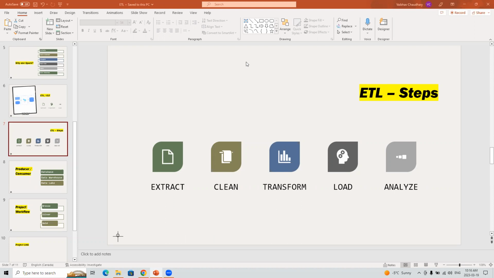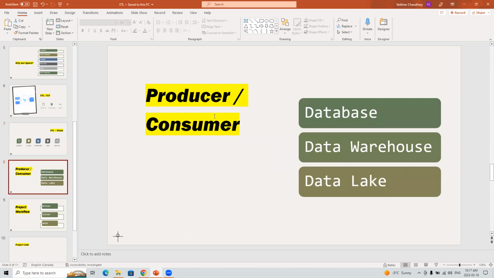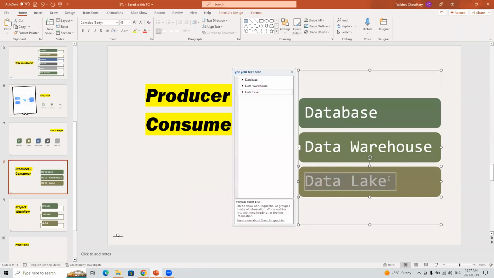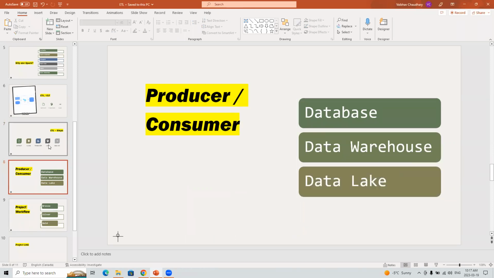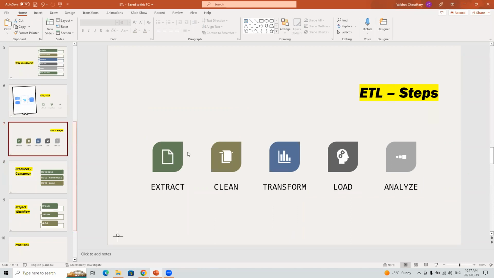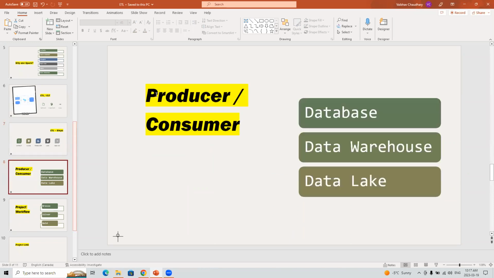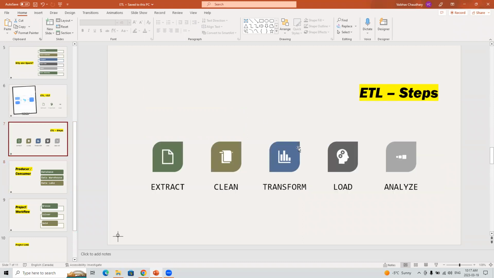No worries. And yes, so I was just telling you about the producers and consumers. There's a very good discussion on the data lake, I'll get to that. The producer is actually the place where the data is coming from. It can be from the data lake, data warehouse, database. Anything can be a producer, but who is consuming is the user, or maybe the consumers are the processes over here. So these are consuming this producer.